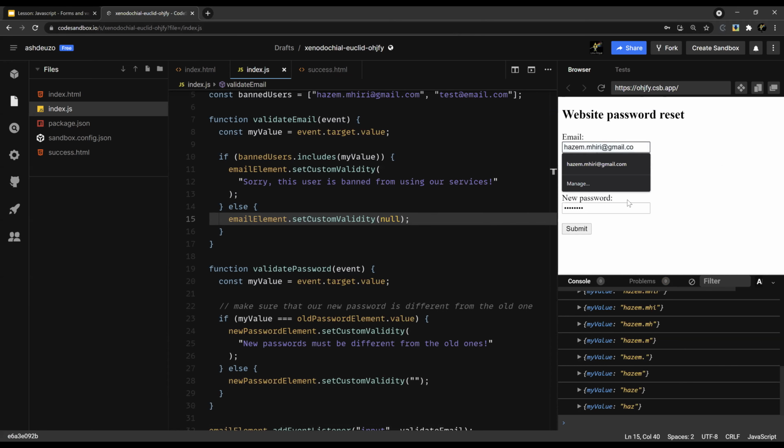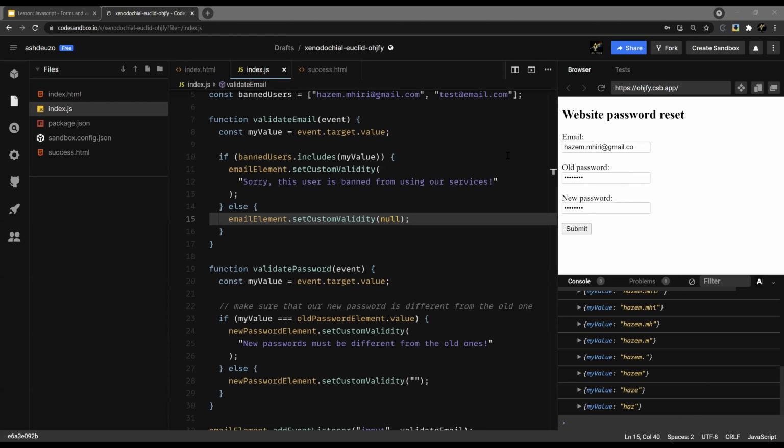This URL user is banned. And if I put null, you see what happens? Basically, it says that there is an error in our validity called null, because it expects you to give it the error here. So if you put null, it's